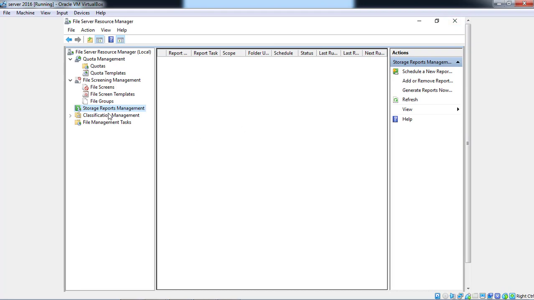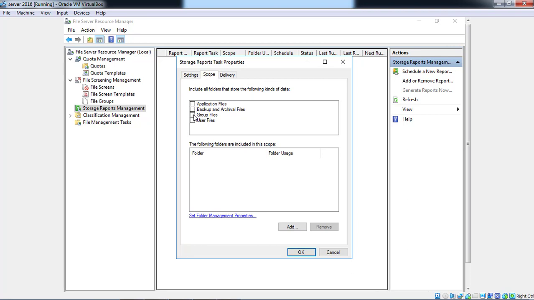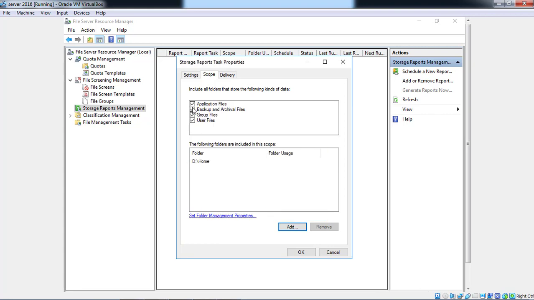Now try once again for another report. File screening scope, application files, and you can select different types.